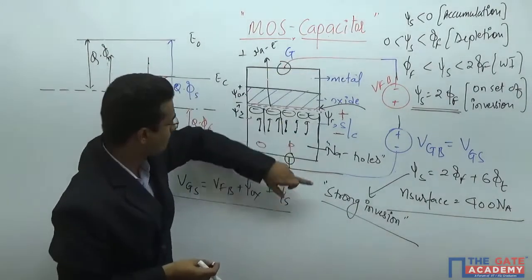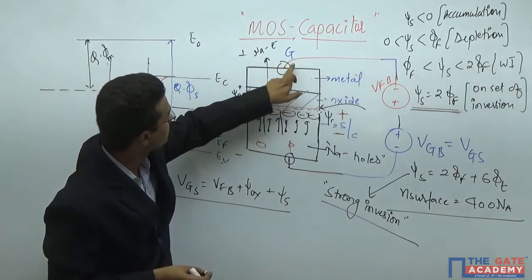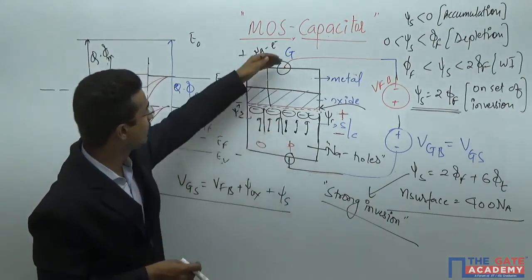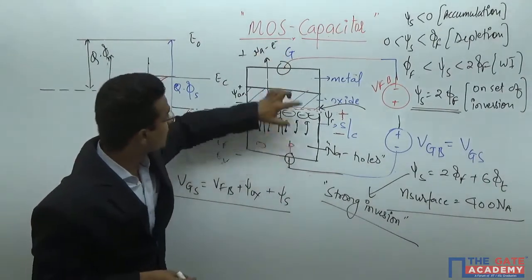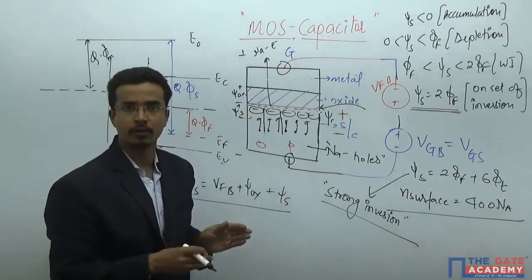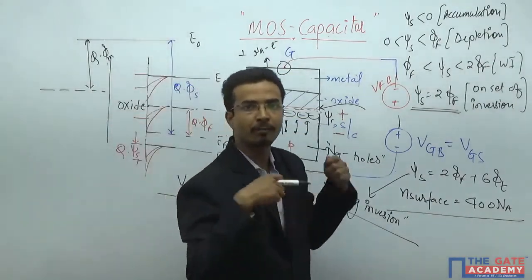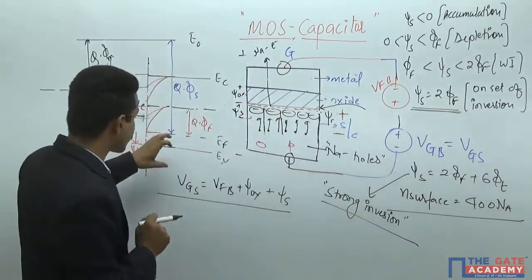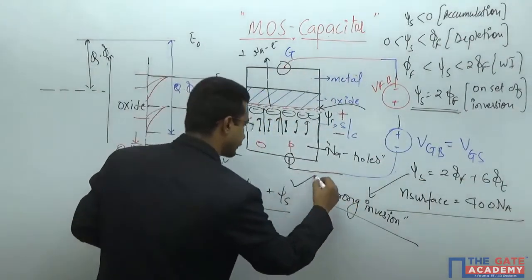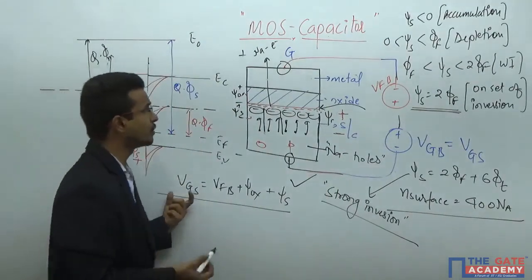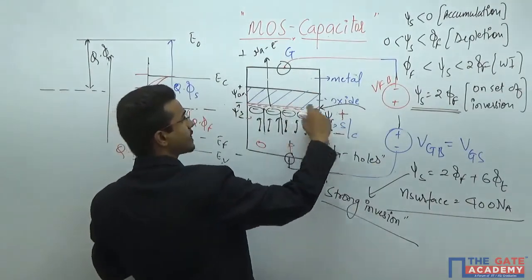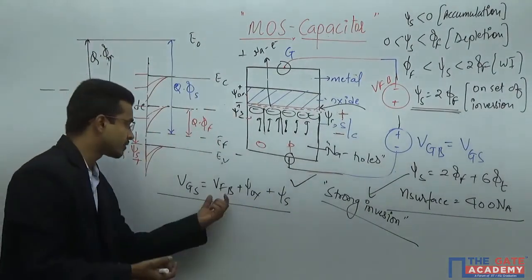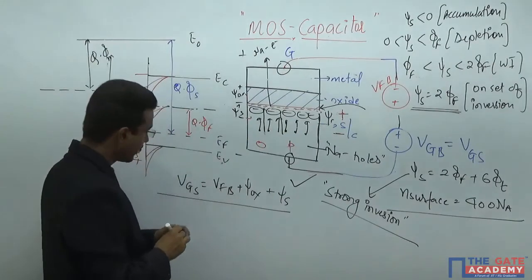If the metal is the same, and the metal contacts and the semiconductor are the same, there will not be any contact potential across this. Same as in a diode. There will be a 0.7, but whenever you connect from the outside of that, you will not get anything. Same type of assumption we have taken here, then we will get VGS equals psi OX plus psi S plus VFB. Okay, if you take the ideal conditions, this will be 0. Up to here,